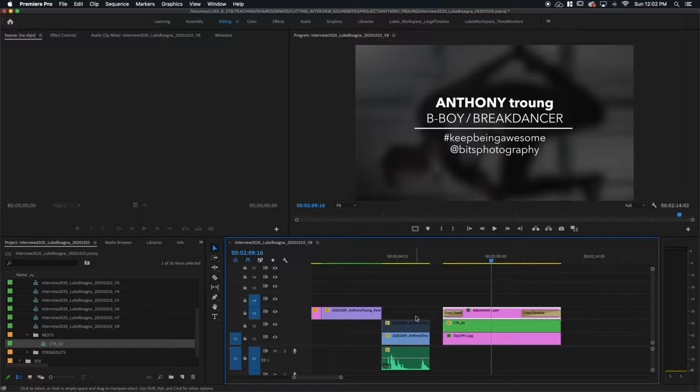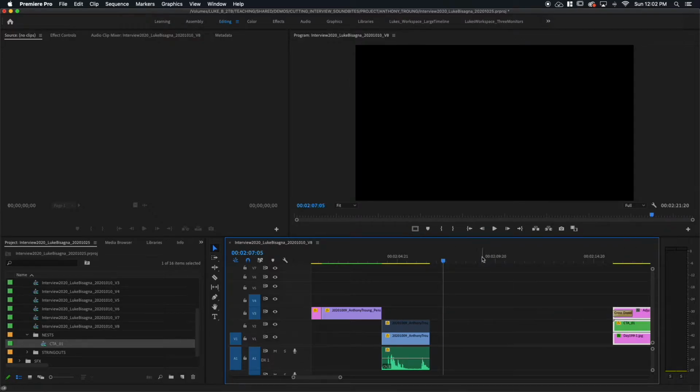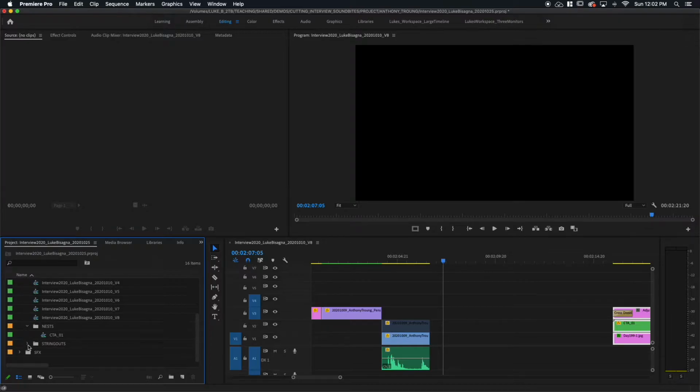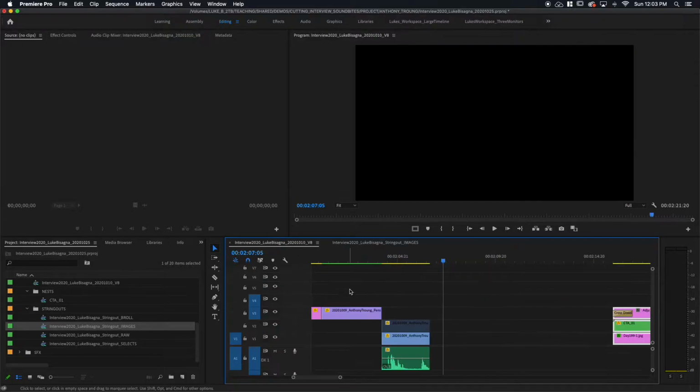All right, so how did I do all this? Well, let's move this out of the way and get started. First of all, I needed a background. So I went to my images string out here. Let's open that. And you can see I found this image that I hadn't yet used in the rest of the piece. So I just copied, Command or Control C, and pasted.